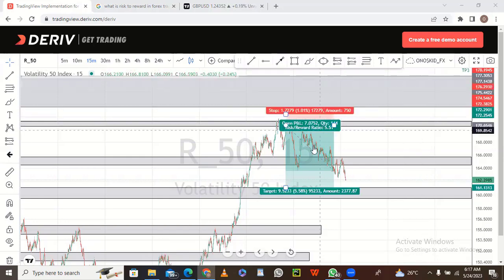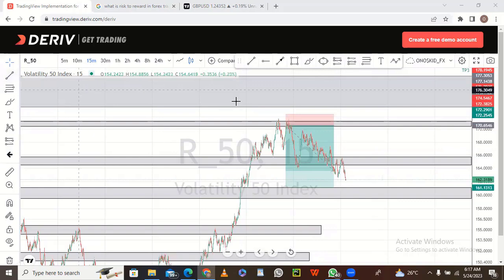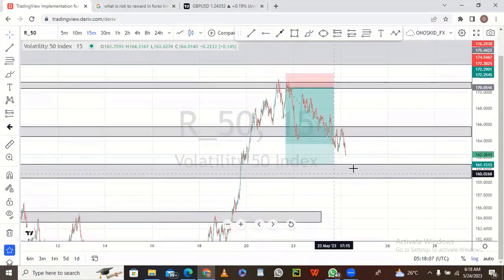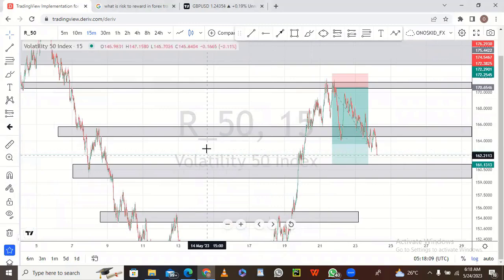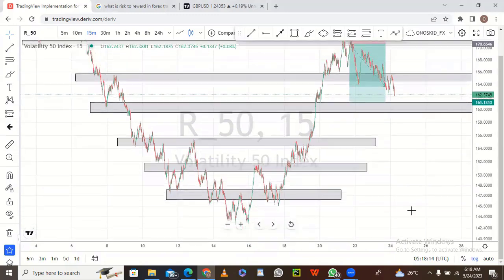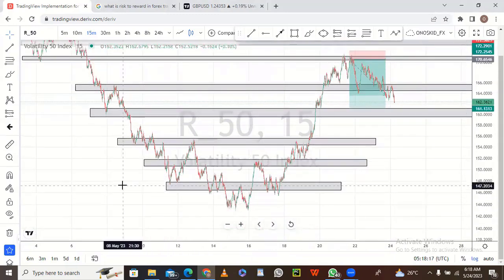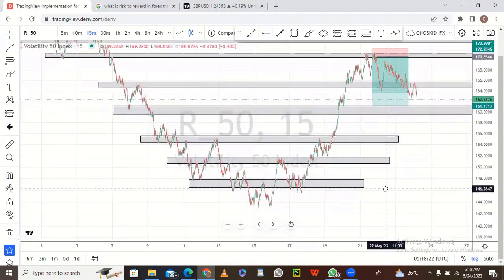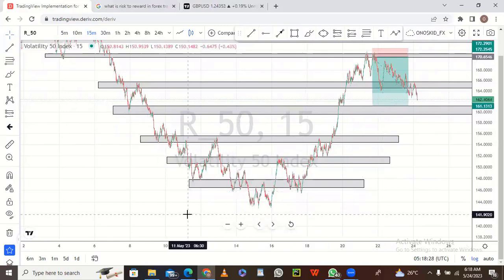Take for instance, the trade we have before us is on volatility 50 index. You can see that this particular trade, we have some sort of reversal from this particular region. You see, I always talk about transition. Whenever a market wants to change character, in forex we call it CHoCH, change of character, whenever the market wants to transit, like change its trend,